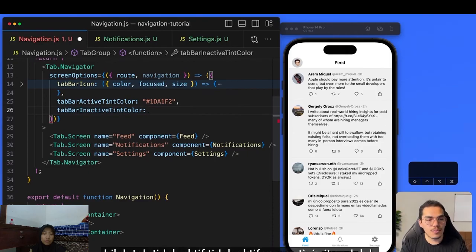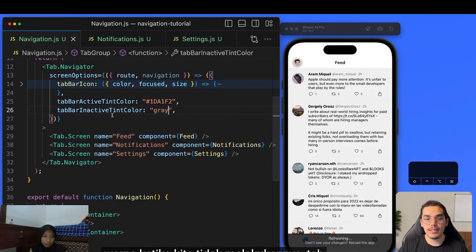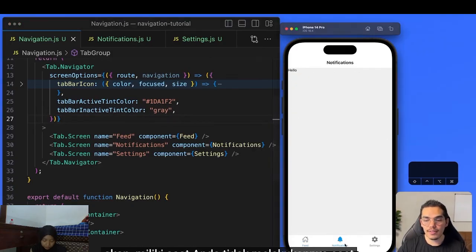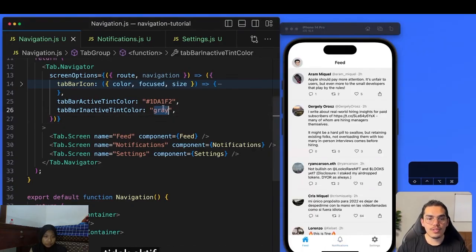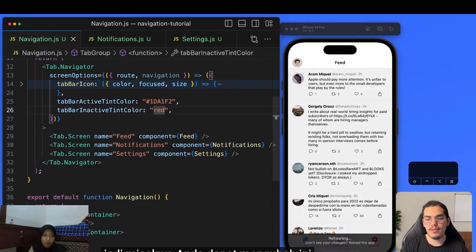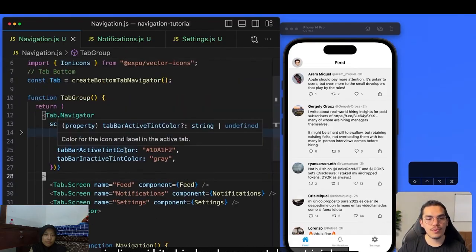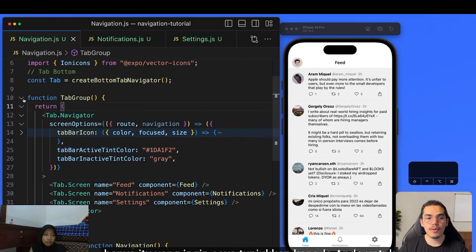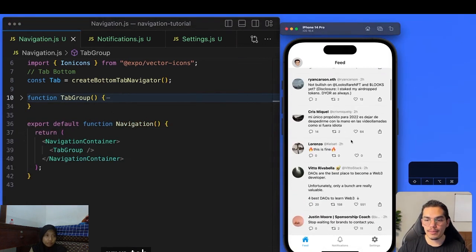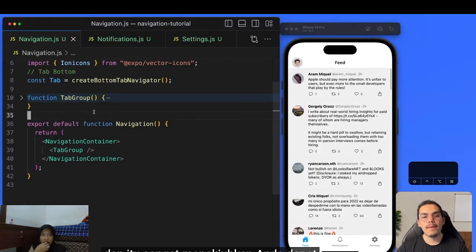It's the color that the tab is going to have when it's not active. So for example, you can change this as well. Let's say red, and it's going to be red, as you can see there. So let's leave it gray for now. And that's all I wanted to show you for the tab group. And that's pretty amazing. We can do all that with tabs. Now, let's pass to the next